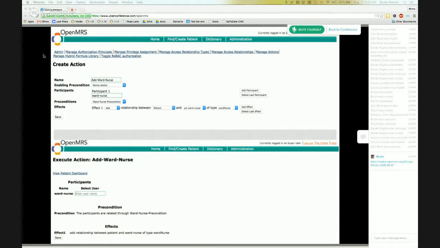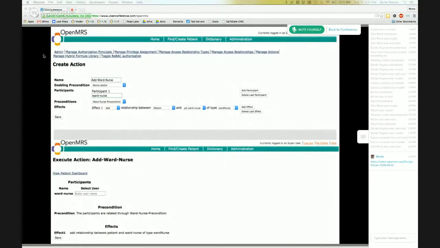This is where we define how many participants would be involved in this action. Next is the set of preconditions that should be shared between all the participants involved in this action. I will go over that in just a second. But the last part here is the set of effects that would take place if this action is executed.